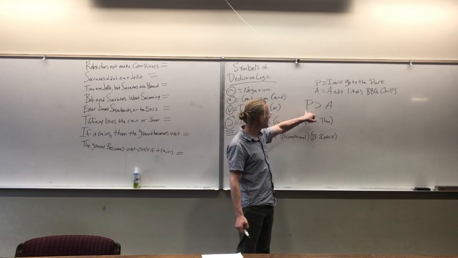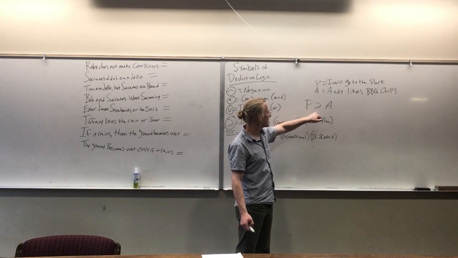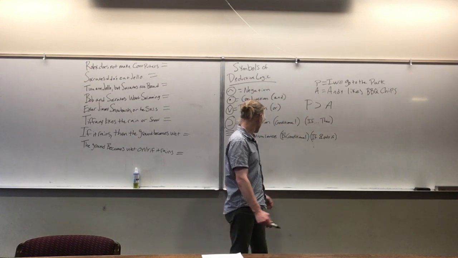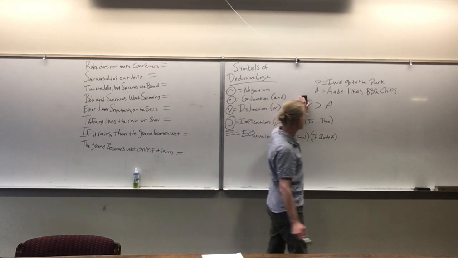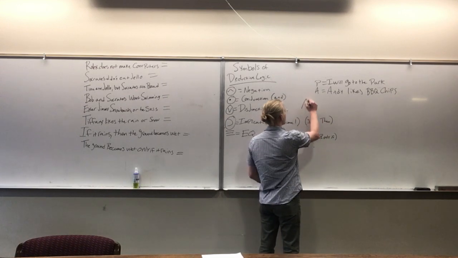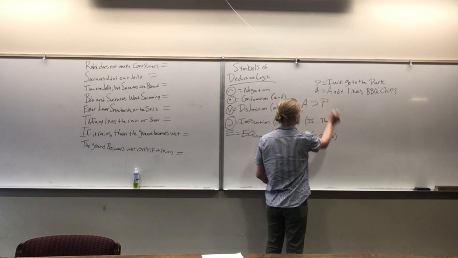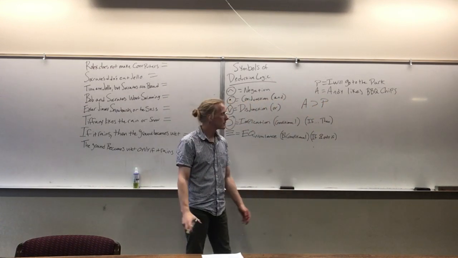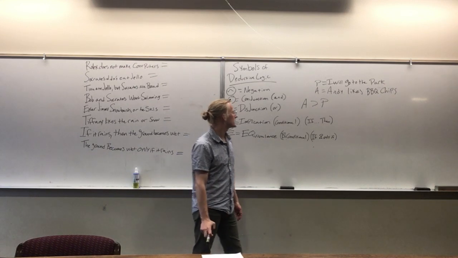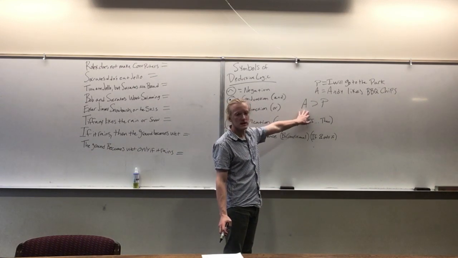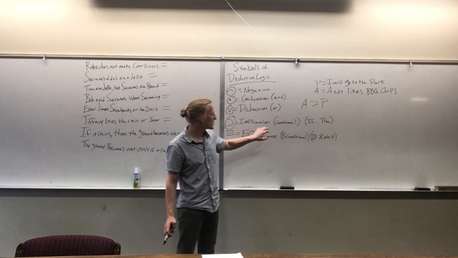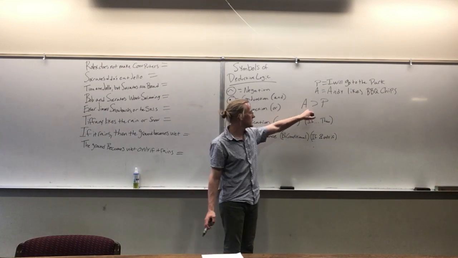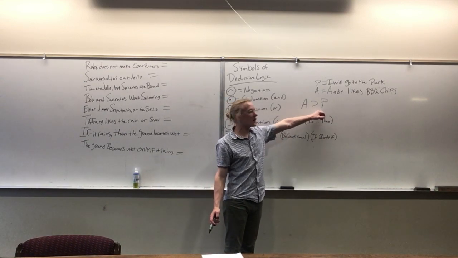That if it's the case that P, then it's the case that A. Now I can do this the other way around. If Andy likes barbecue chips, then I will go to the park. So what the if-then statement does is it sets up a conditional or an implication, the implication being of P